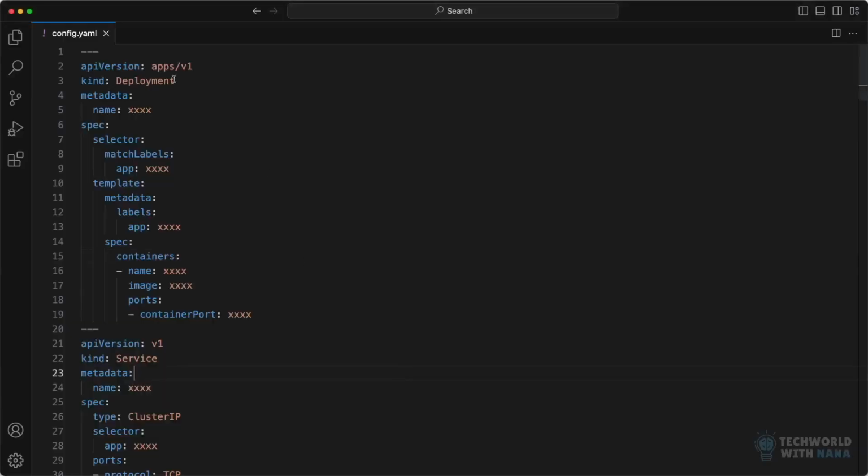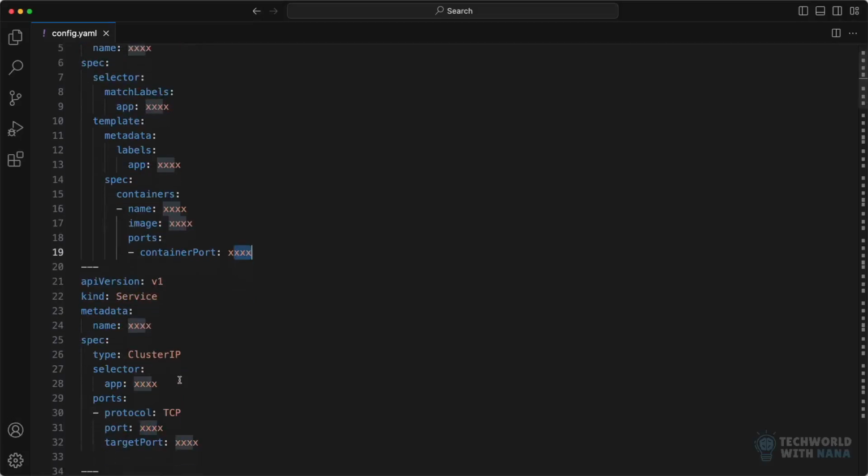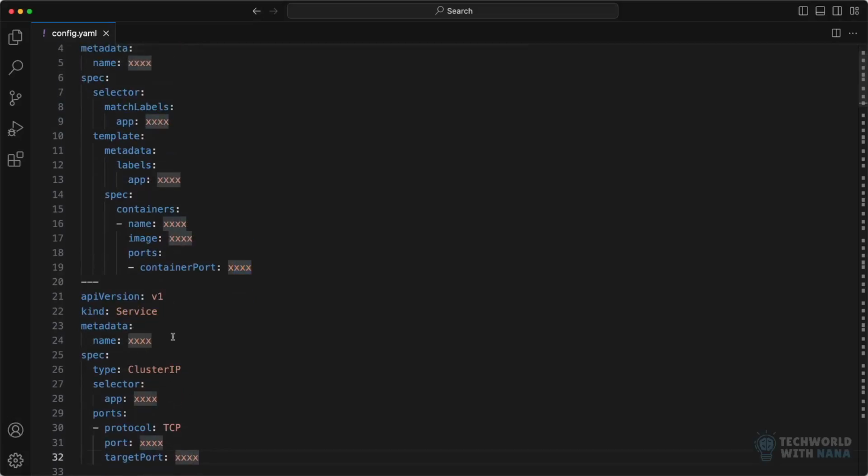So to start off with, I have a config.yaml file, which is a template containing minimal information about a deployment and a service for each of the microservice applications. So we have a deployment, which has the name of the microservice that this deployment creates. Then we have the container definition with the image of that microservice, the port where the microservice starts, and then we have the service for that specific microservice with its corresponding name, service port, and the target port of the